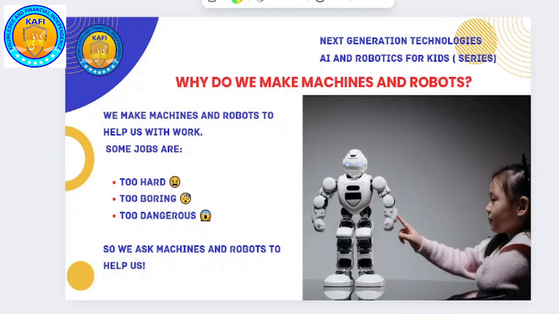Can you name any machine in your house? Washing machine. That is a machine. And what else? Okay, that's a cooking machine as well. Do you have a dishwashing machine? Okay. And do you have a vacuum cleaner to clean the floors? Okay, so these are all machines. And what do the machines do?